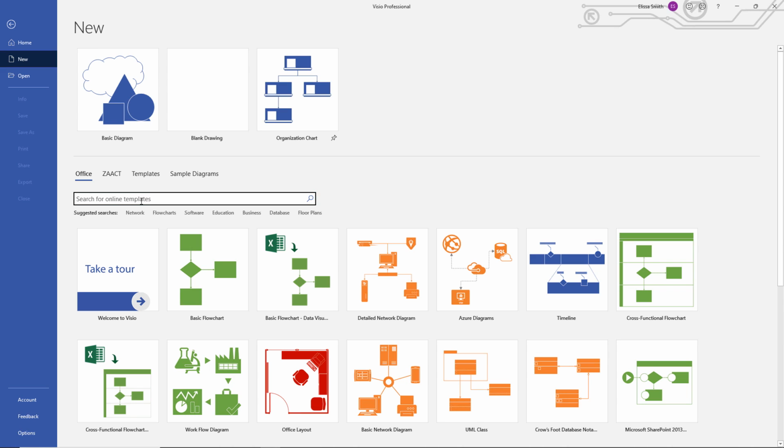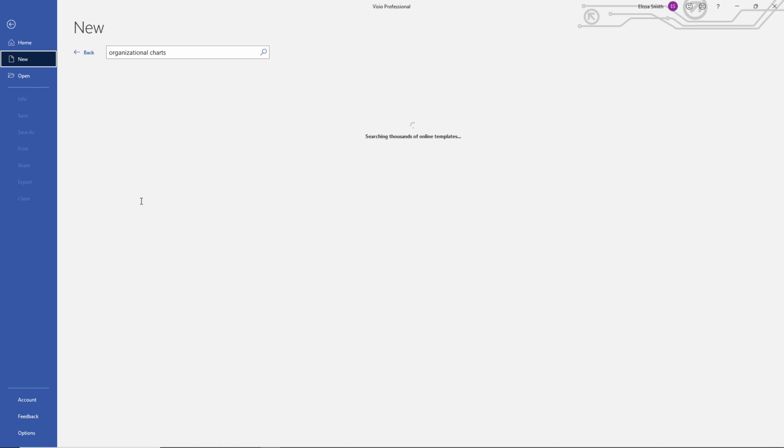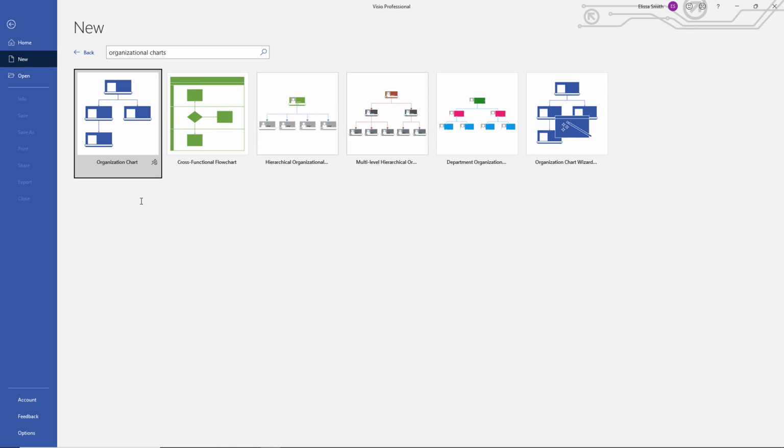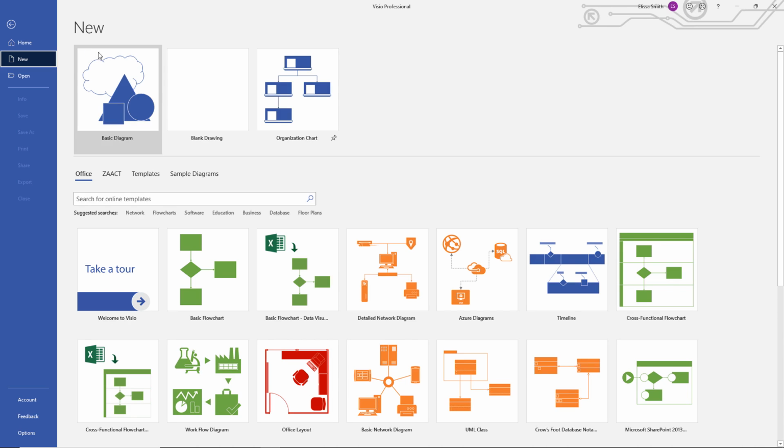I'm going to search for organizational chart, and you'll see that this takes me to quite a selection of pre-built templates that allow me to create different kinds of organizational charts. Another suggestion, if you use some of these templates a lot, is to go to the specific template and come to the pin in the bottom right-hand corner and pin the stencil. You'll see that I already pinned the org chart stencil, or I should say template,